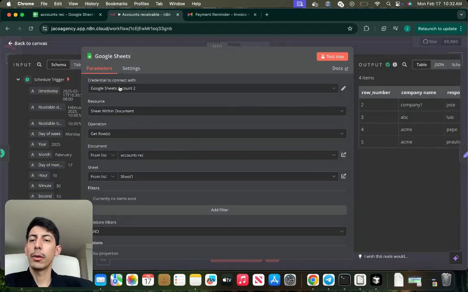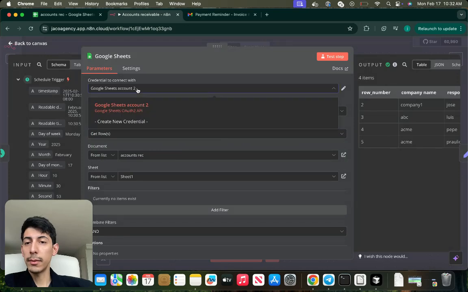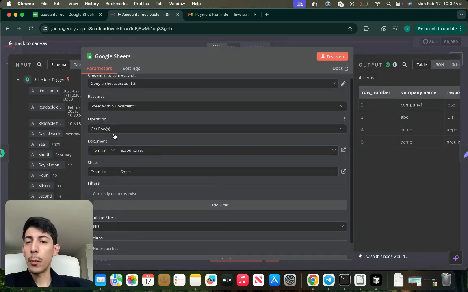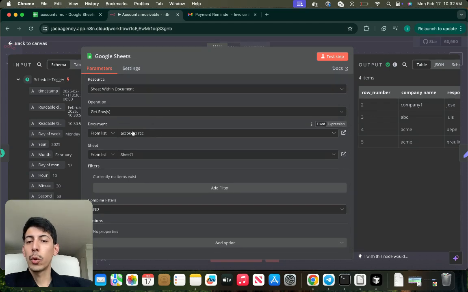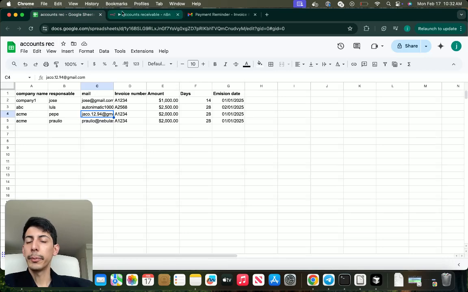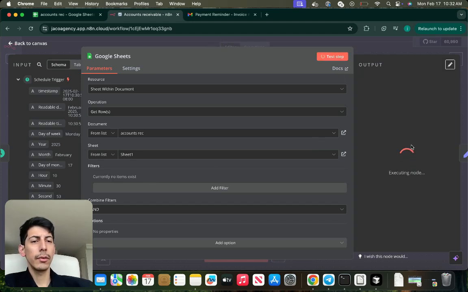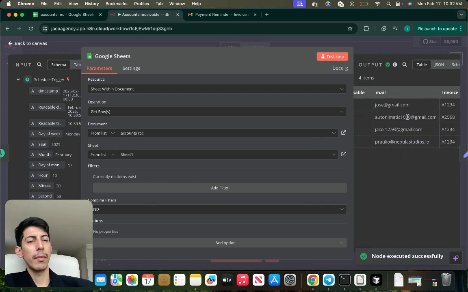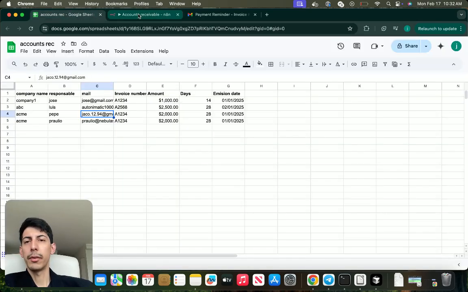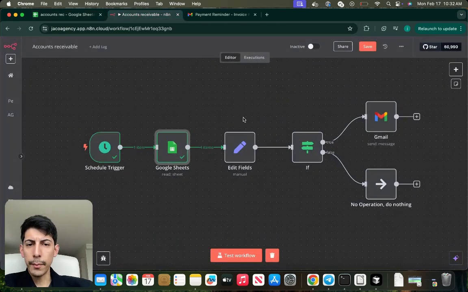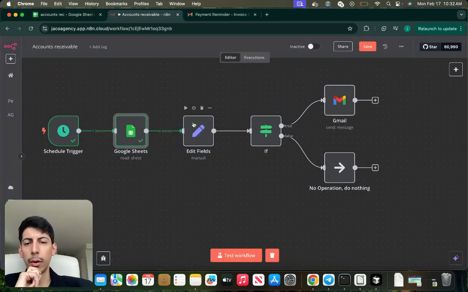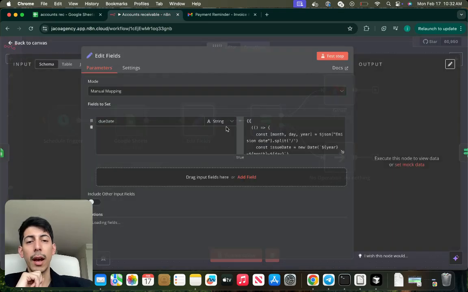You just have to connect with your credentials in this case. Okay, operations get rows. The document is the same name as I have it here. And yeah, so this test, you test it, you just have the same information here as you have in your spreadsheet. So okay, after that we're gonna put a node that is called edit fields, and here we're gonna